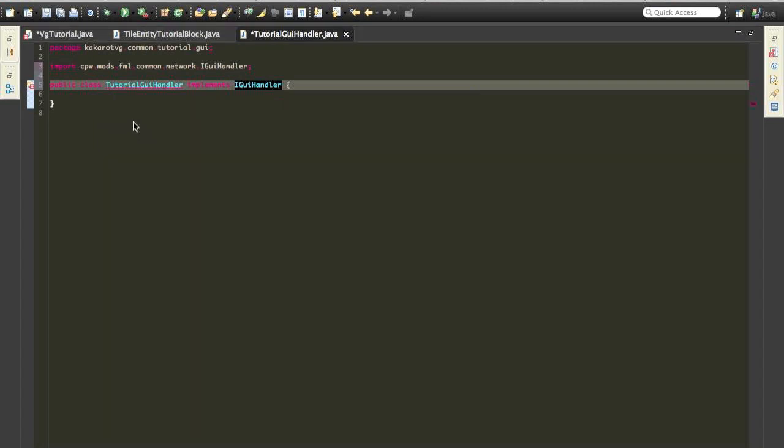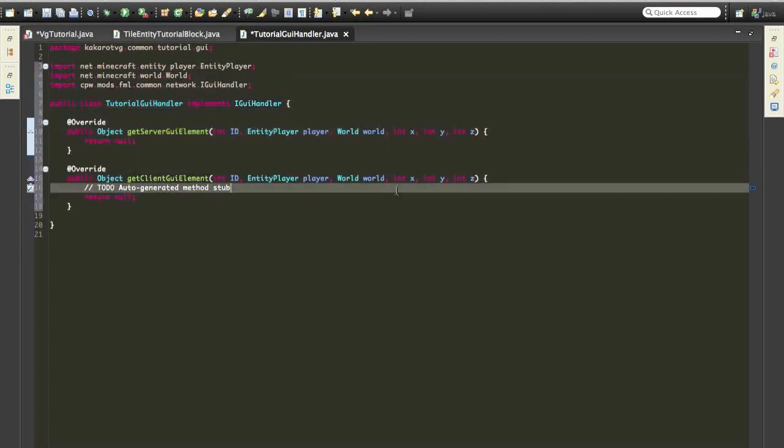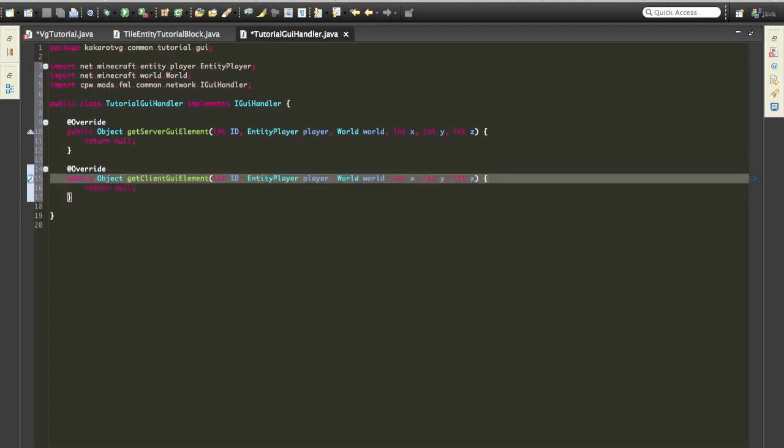Then we need to add the unimplemented methods, delete that, and in here, instead of returning null,